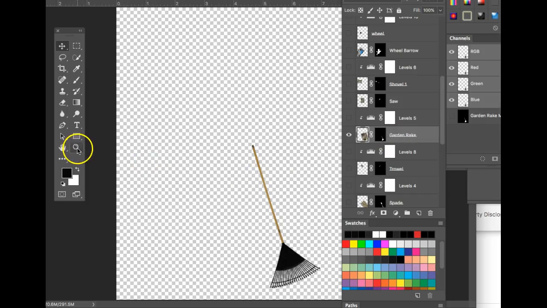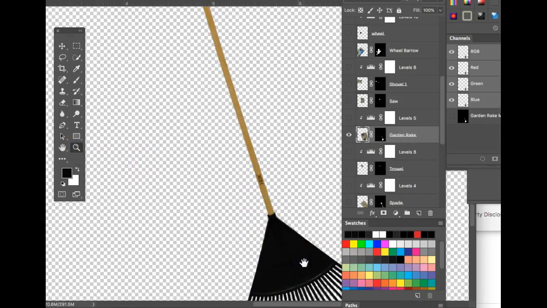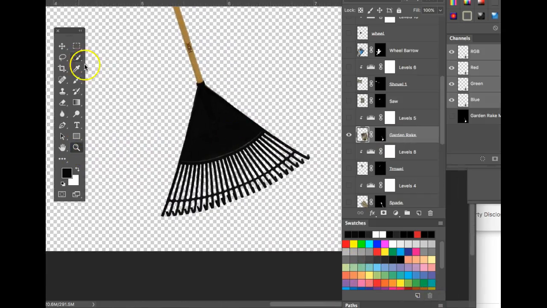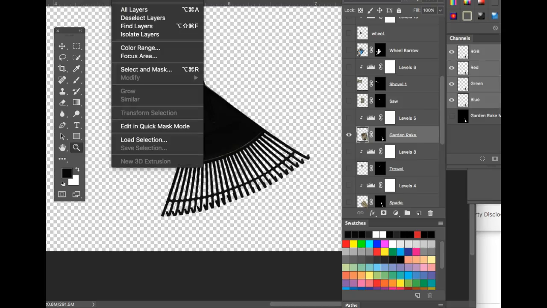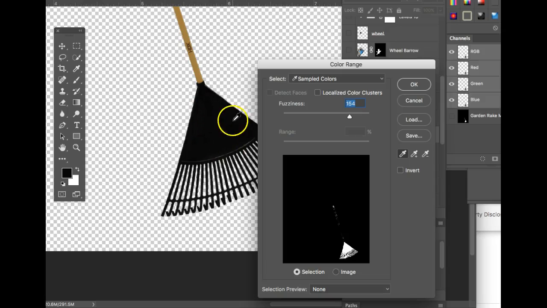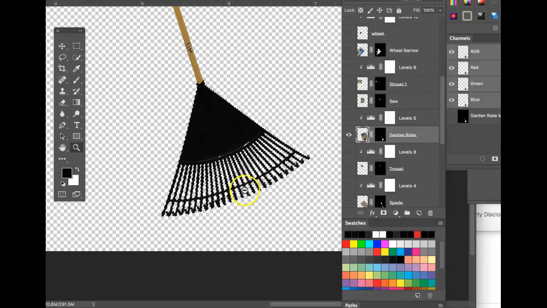I'm going to come down here. Let me zoom in so you can see what we're doing. Okay, and I only need the black. So instead of coming in here and trying to really select all of the black, I'm going to come across the top in the menu across the top of the screen. I'm going to click select, and I'm going to click color range. Okay, that'll bring up my little eyedropper tool here, and I'm going to click that black right there. Say OK, and that selects